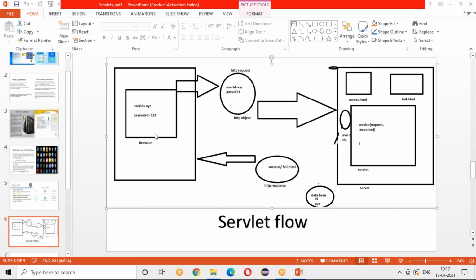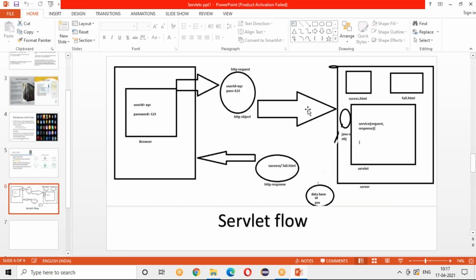Hope you are clear with this flow, right? So we'll see how you will develop the servlets.